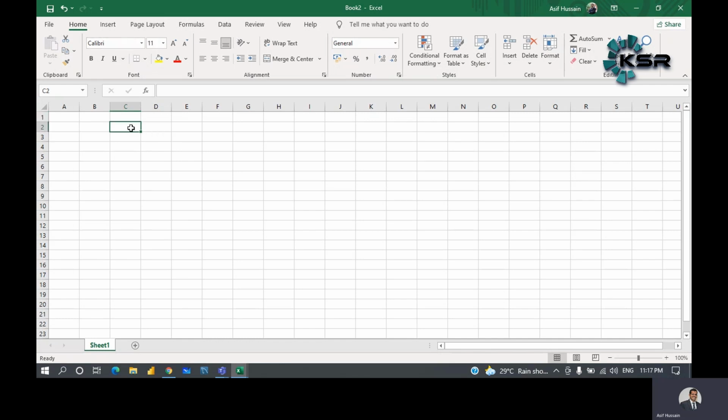So let us first prepare some sample data. Let me start with serial number. Just click on any box and start typing. You can type directly without double clicking. Some people double click here and start writing when the cursor blinks. No, you can directly click on any box and start typing here.